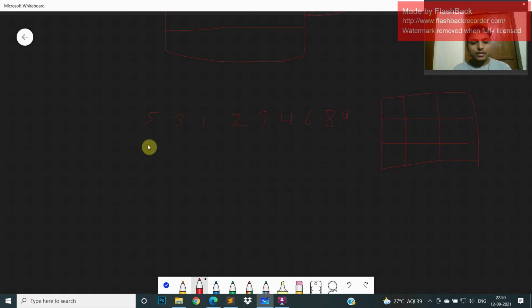According to eyesight, this is the first person, this is the second person, and this is the eyesight and the number of the person, 1 to 9.